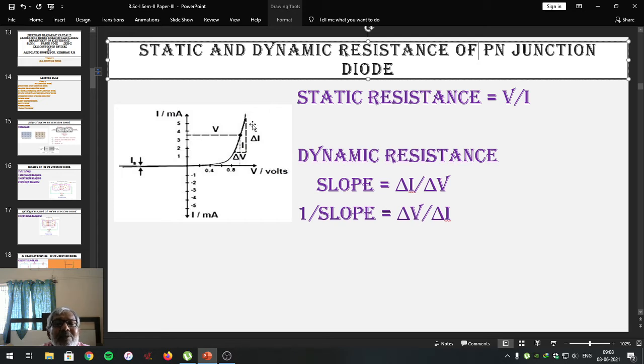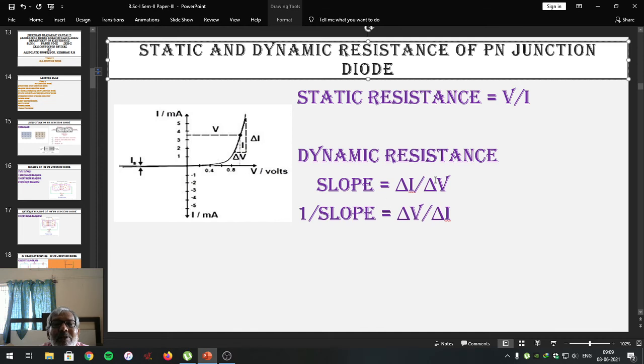Measure the change in current between the 2 points and the change in voltage between the 2 points. Find the slope. This is the point. We have drawn the tangent here. Look, we are finding the slope of that particular tangent by selecting 2 points on it. We note down delta I, that is the change in current, and delta V, that is the change in voltage. Find the slope. Slope will be delta I upon delta V.